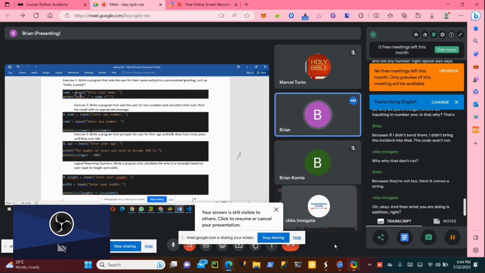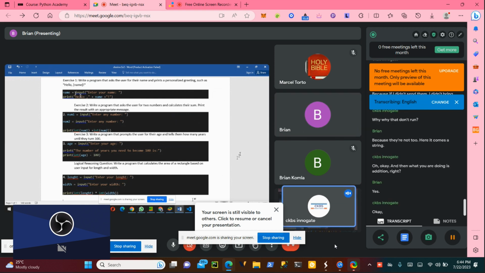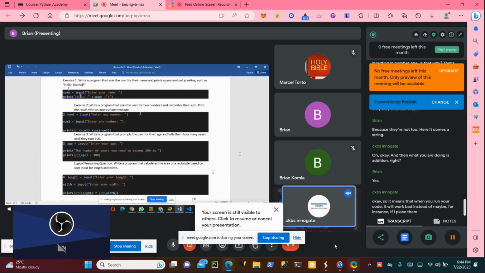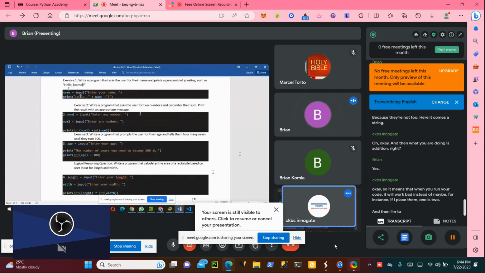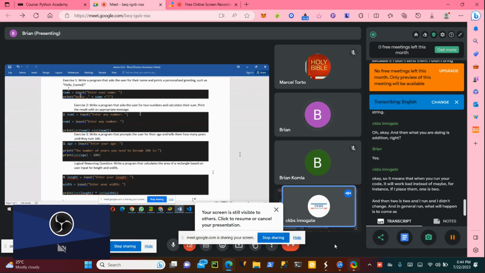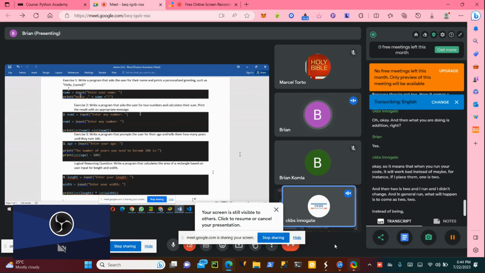Yes. So it means that when you run your code, it will work, but for instance, if num1 is 2 and num2 is 2, and I run it without changing to int, what will happen is it will come as 22 instead of 4.